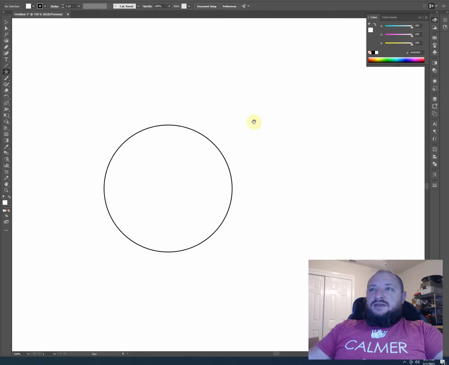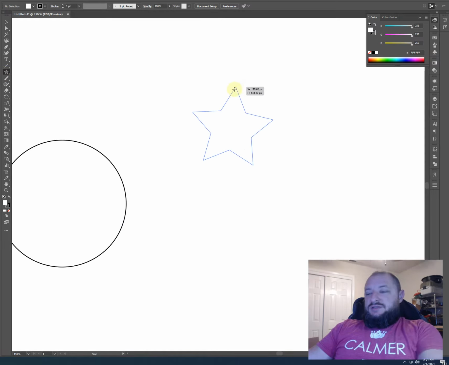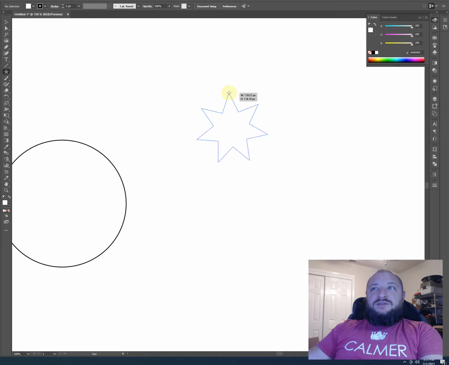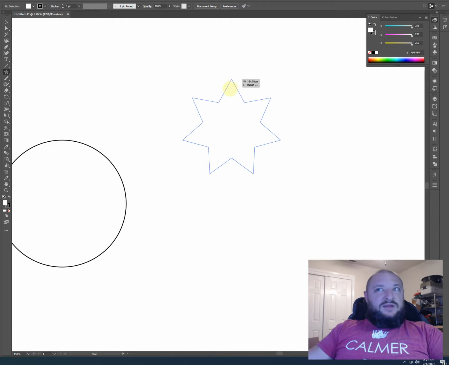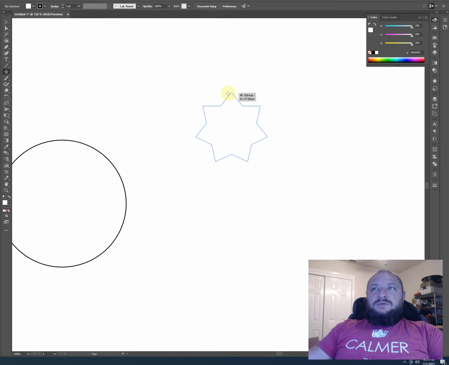Now the star is basically that same process. Up and down on the keyboard, you change the number of faces, and then if you hold down Control, you can change how that outside point goes in, or at least the mouse controlled point. And then if you hold down